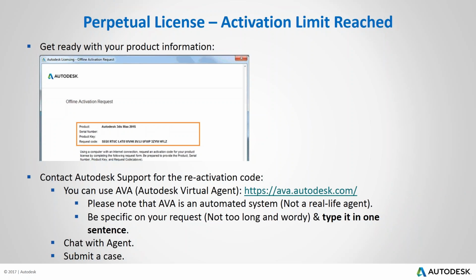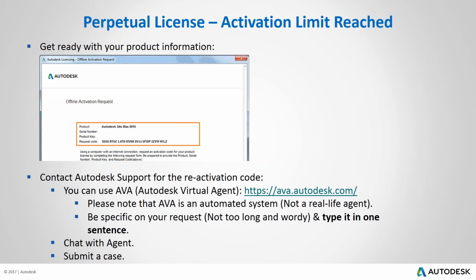Okay, first thing, you need to make sure that you're ready with your product information. And here's how it looks normally. Before proceeding with the activations, you might see all this information such as product name, serial numbers, your product key, and the most important is your request code. So you need to gather all this information so you can get the activation code from either one of these